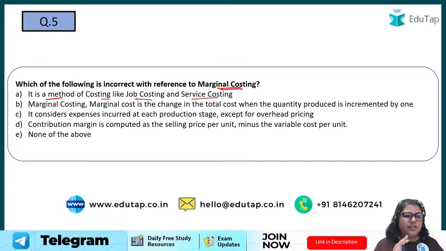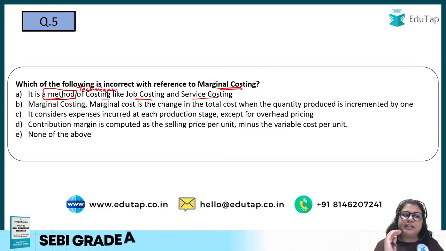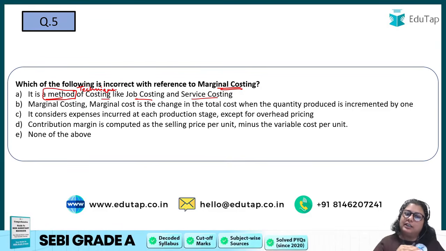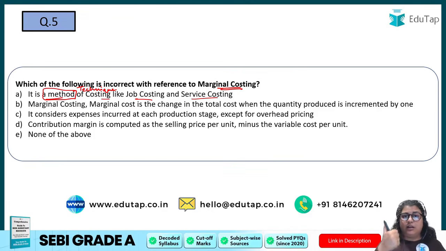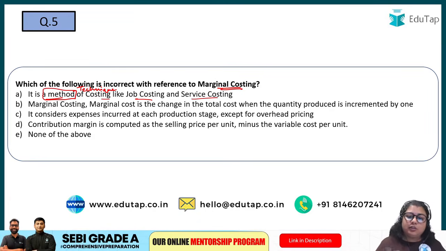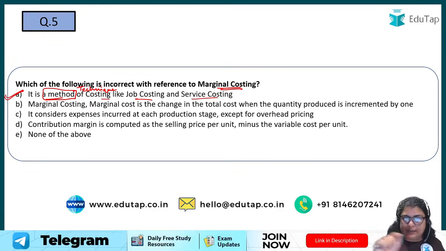So basically what I have seen is the first option is only incorrect because this is not a method. It is not a method. It is a technique. Okay, so all those who have already looked at the first option and found out that this is the correct option because this is an incorrect statement, hats off guys. So it is a technique, it is not a method. Okay, so the first statement, our option A, is the correct option, because it is an incorrect statement related